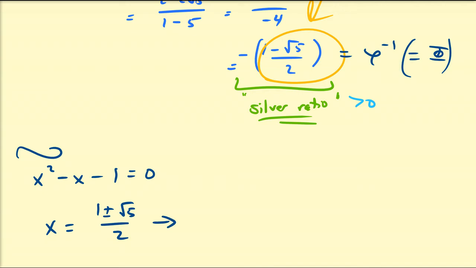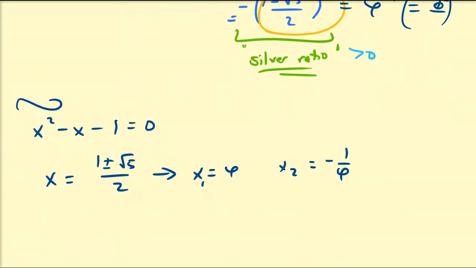So we have two solutions. We have x is equal to phi, and x2 is going to be equal to negative 1 over phi, right? Now, why is it negative 1 over phi? Because 1 over phi is negative 1 minus the square root of 5 over 2. 1 minus the square root of 5 over 2 is that second solution, and we want the minus of that,